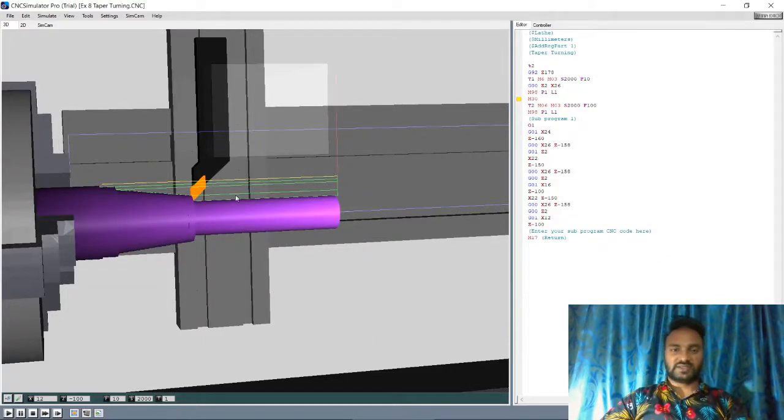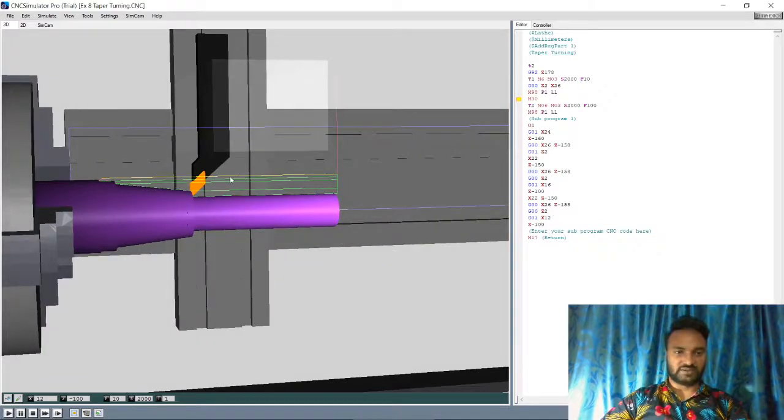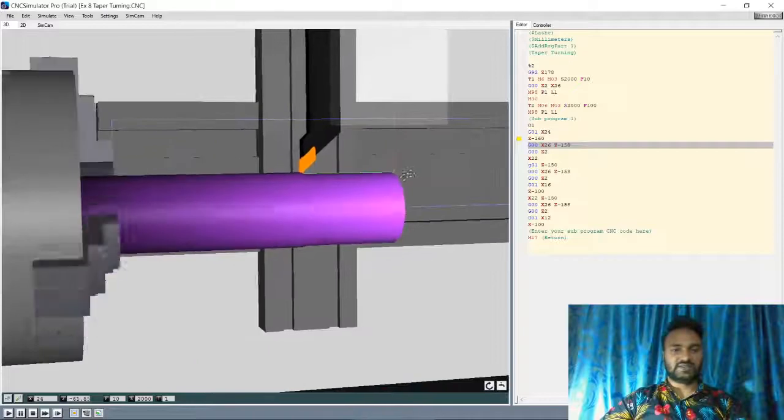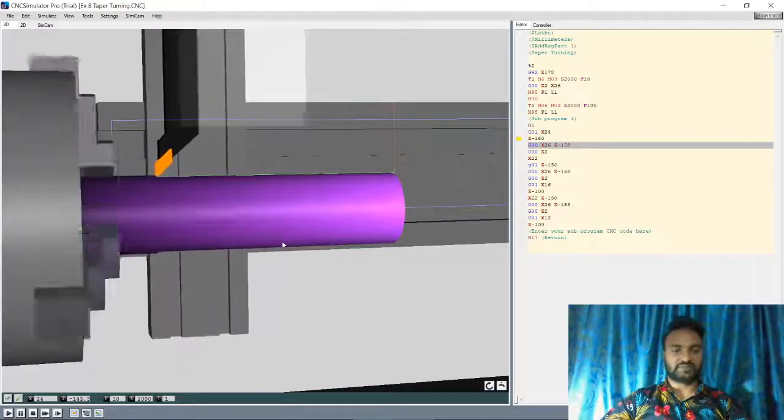So after cutting, I am thinking why it is coming at a slow pace from the first cut. So this one is going to 160, then you check it, bring it to X158, then Z0. Okay, it is Z0, and here G01, here G01. Now it is okay. You will see the quick return of the tool after the first operation.